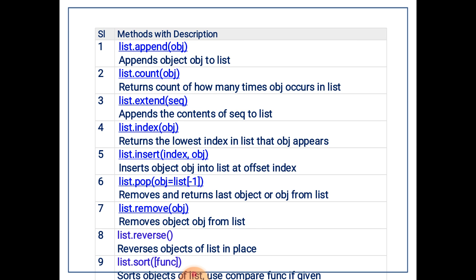Remember that the leftmost element in a list will be at the 0th place, whereas the rightmost element in a list will be at the -1 place. list.remove(obj) removes a particular object, a particular element, from the list.